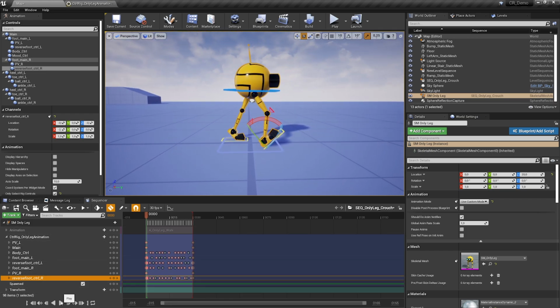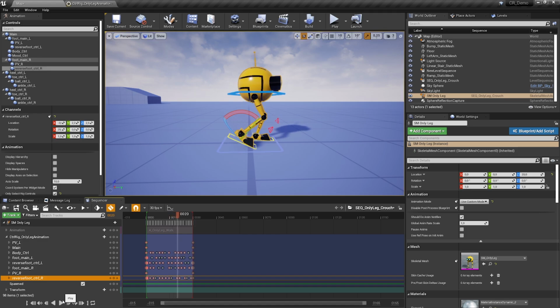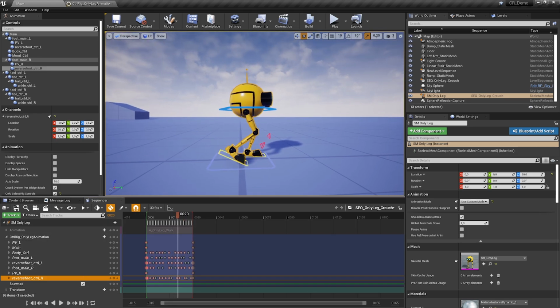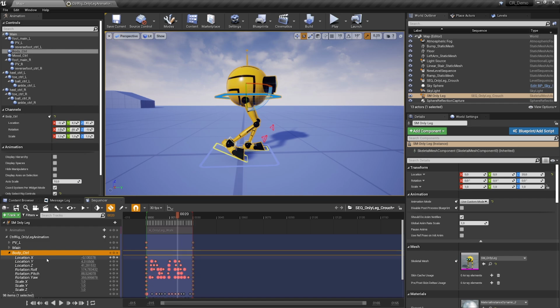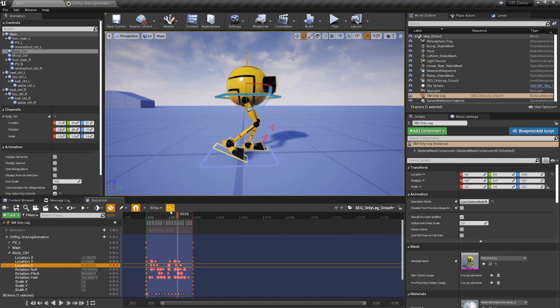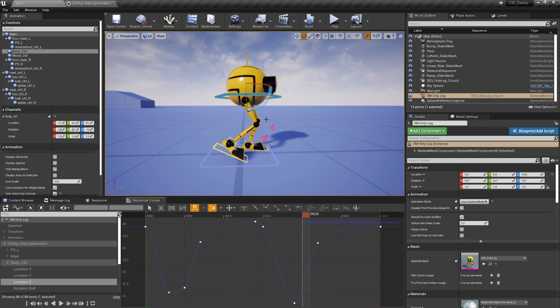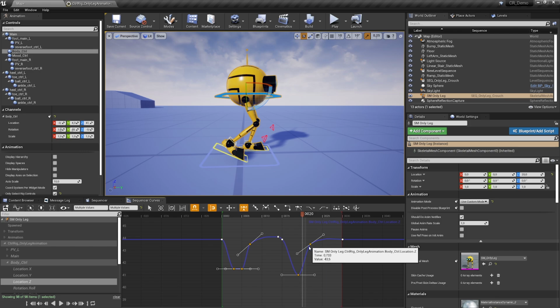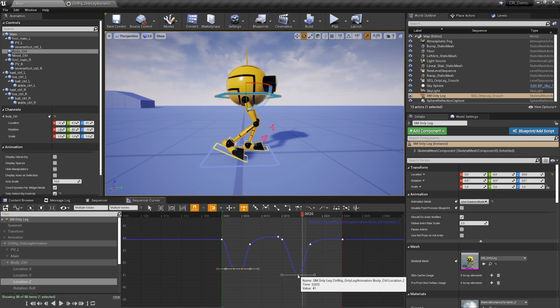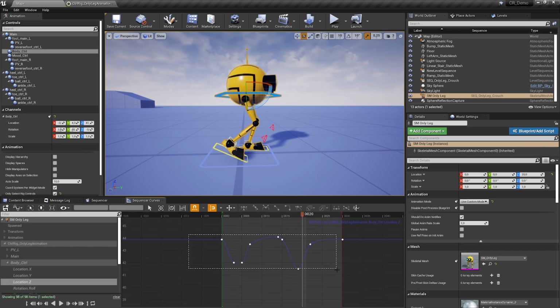And it's fixed. So this would have been a process where we would have imported and exported and used external tools, which is now really convenient. Let's go one step further and use this walk animation to do a crouch. And for that, I use my control of the body. And here is a curve of his Z movement up and down. Let's first move this a little bit up so he's not stomping so much. And again, this is not about animation itself.